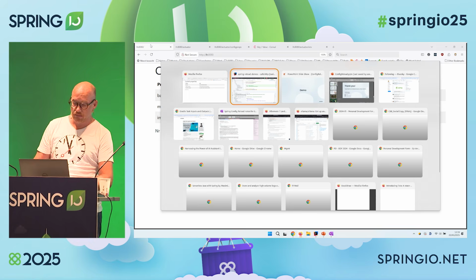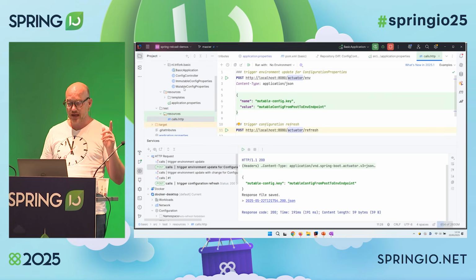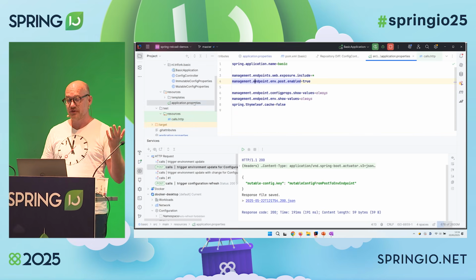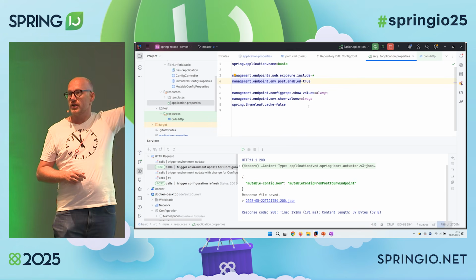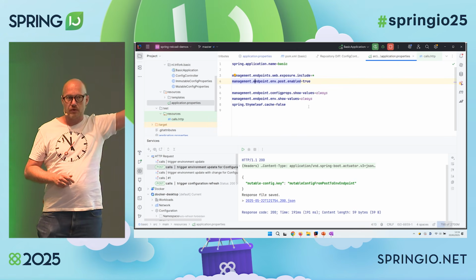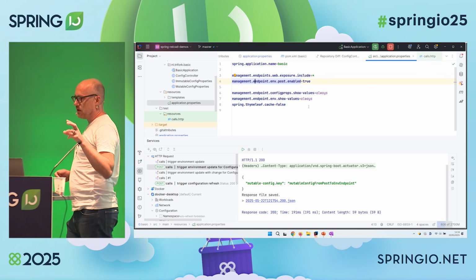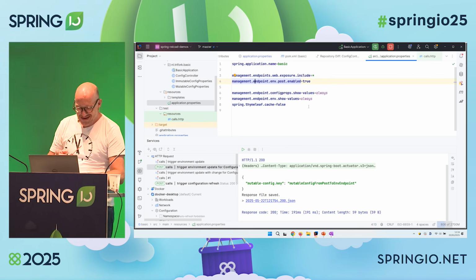To make this work, by the way, you have to explicitly enable this because it's a dangerous feature. So you can see here that I have my management endpoint env post enabled set to true. And that's why this works. This does not work out of the box for good reasons, I would say. So with that,